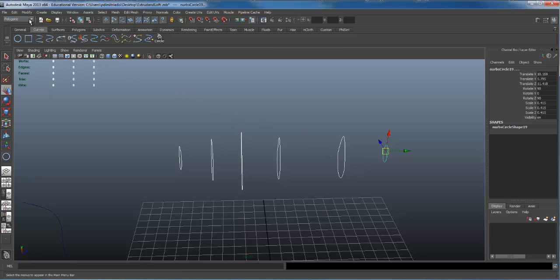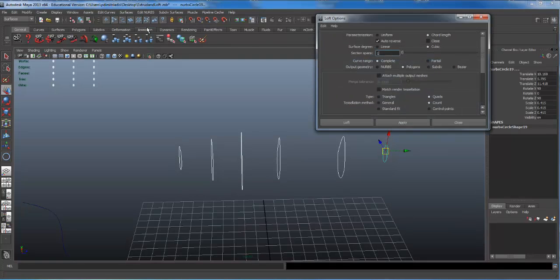Okay, now to do that, I need to come down here, and it's going to be helpful if you come over here and drop from polygon submenus down to the surface submenu. And then after you do that, you come over here, and I go to surfaces here, okay, and I have the option to extrude, loft, and revolve right in there. All right, so I'm going to go to loft, and it's at chord